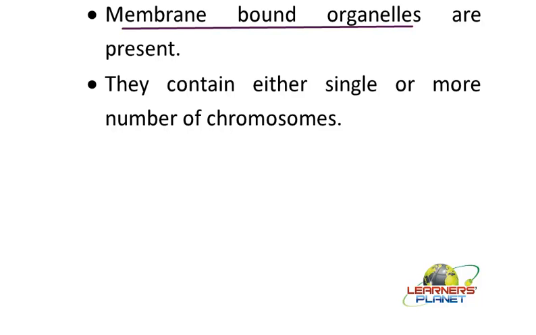So many organelles are present within the cell, and these organelles are the structural compartments in which specific functions take place. In the endoplasmic reticulum, protein and lipid synthesis occurs. Mitochondria is the site of cellular respiration. Then chloroplast is the